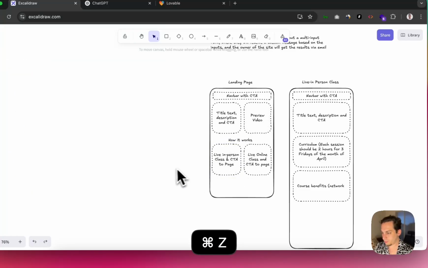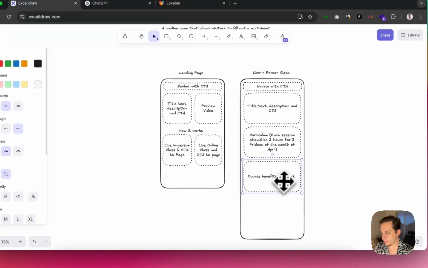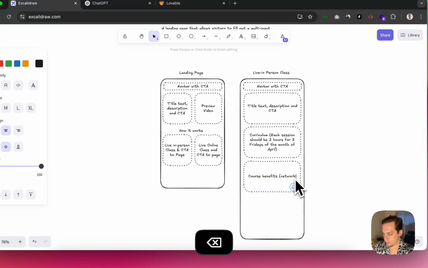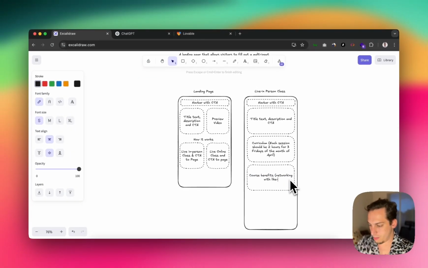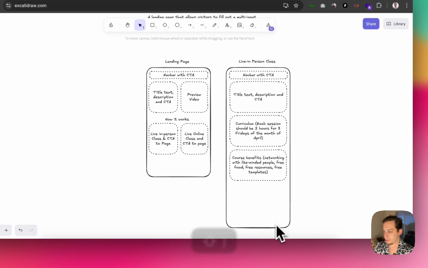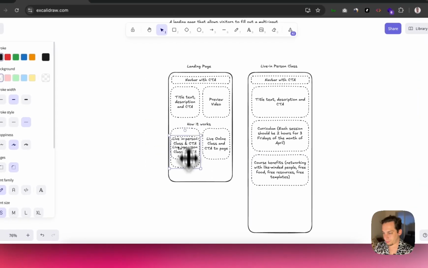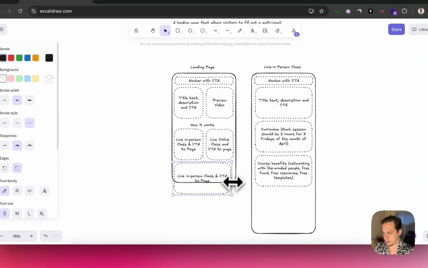So course benefits: network with like-minded people, learn, free food, free resources, free templates. Let's just put it like that. And then what we have here is the pricing